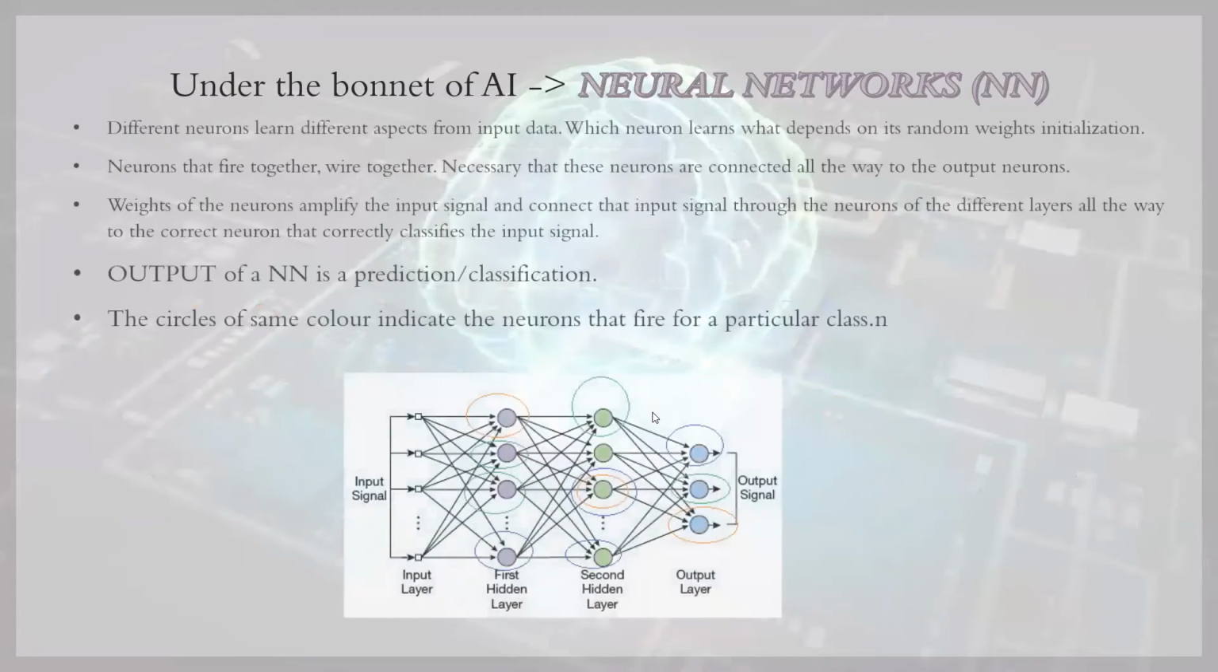so next, actually this is just what I was saying. Maybe I will just read it so that we can go through it one more time. So different neurons learn different aspects from input data. That means different neurons will learn different aspects. So when I say aspects, what I mean is,